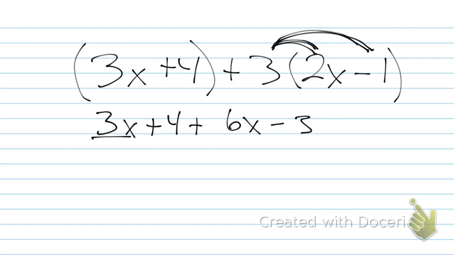Okay. Next, I'm going to identify my like terms. And then I'm going to combine them. If I have 3 pandas and I add 6 pandas to that, how many pandas do I have? 9 pandas. I'm just saying pandas instead of x because for some reason, I guess if you're doing minus pandas, that means they're dying or something. But, okay. And then I got a 4 minus 3,